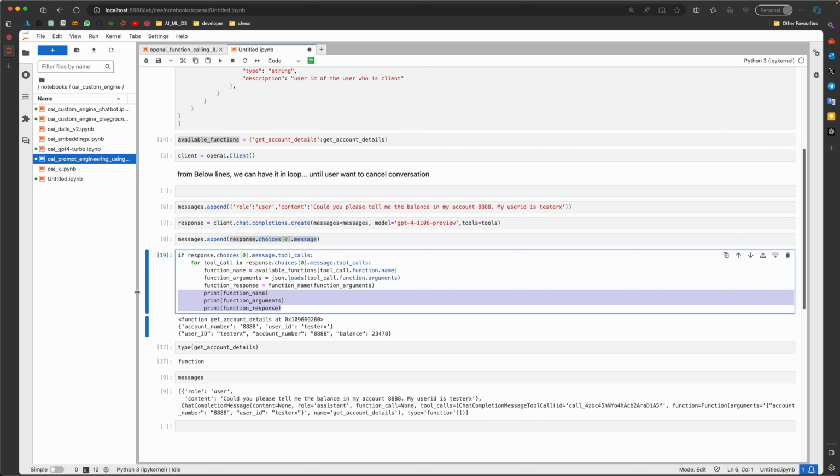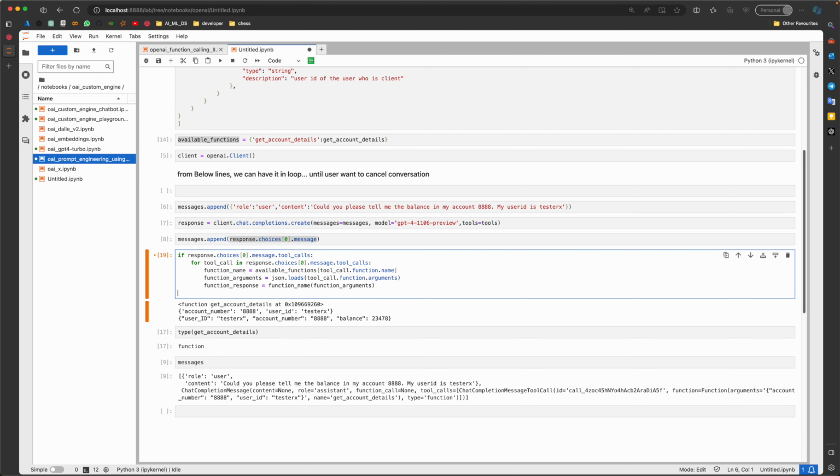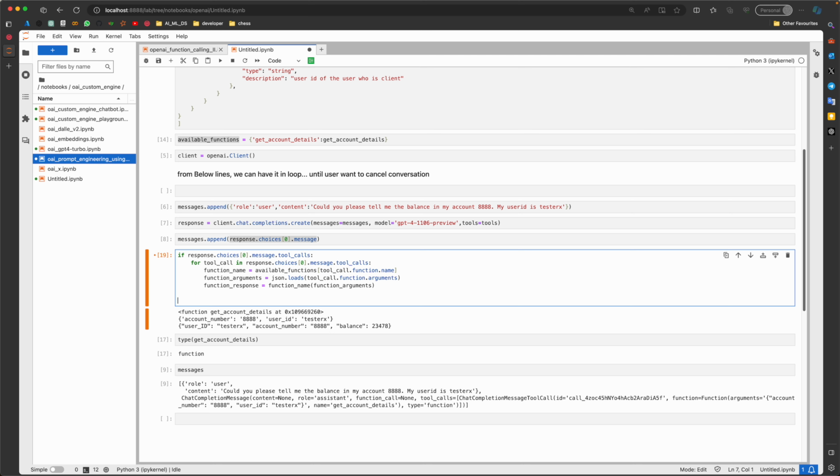As per function calling in the API, what we'll have to do is pass all this information into a message, and then we will have to invoke the chat completion. Once we invoke the chat completion for the second time, this is going to be our response that we can pass on to the user.